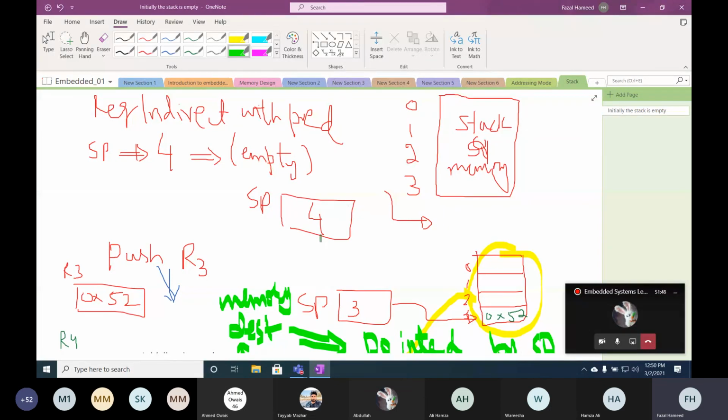When we are removing data from the stack, this operation is called a pop operation. For the pop operation, will the address register move upward or downward? It will move downward. Because the address register will move downward, in this scenario we will use register indirect with post increment addressing mode. When it points to the first element of the stack, the programmer should make sure that the stack size does not grow beyond the allocated size.